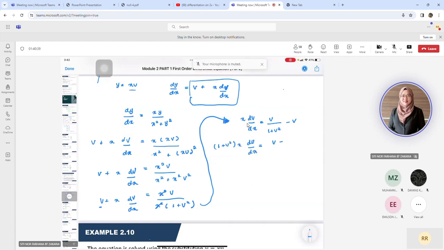So v minus v 1 plus v power of 2. Okay. So this one simplified, you akan dapat negative, positive. So this one akan cancel out. So remain will be